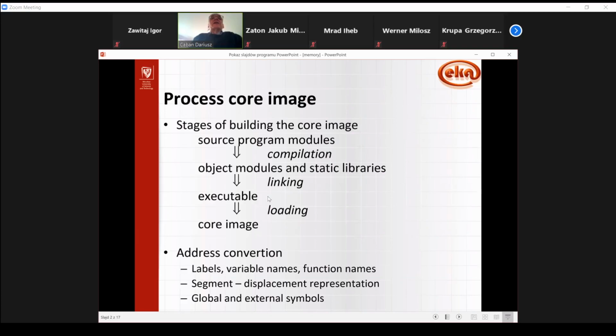In case of Windows, an executable almost always has the .exe file name extension. In case of Linux, actually that doesn't apply because Linux